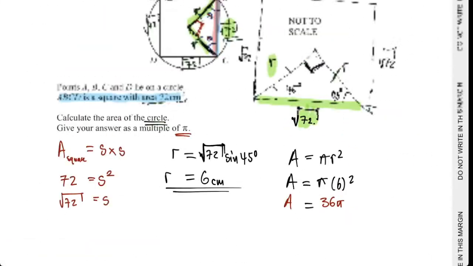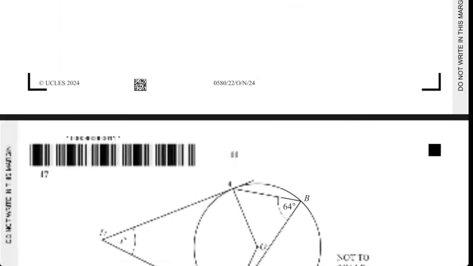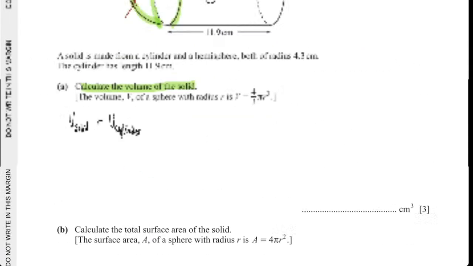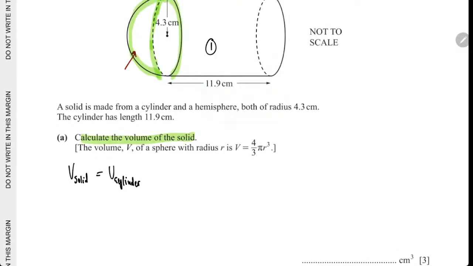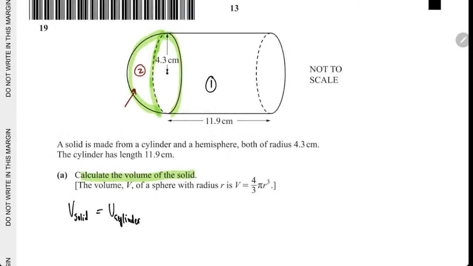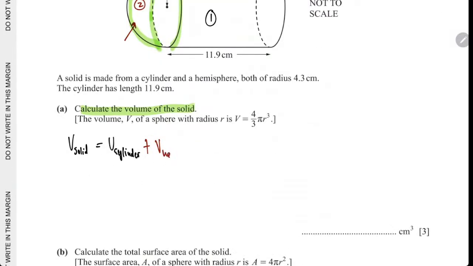Area, when we're getting area, pi r squared. Okay, no problem. For area of a circle, make sure, right? So now we go down here. They said volume. Now, volume of this solid. So we know that when we do these weird things, we have to do them piece by piece. You can't combine. So it's volume of the cylinder plus volume of the hemisphere,